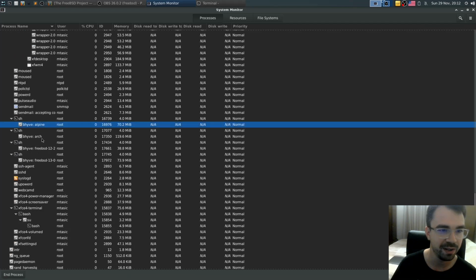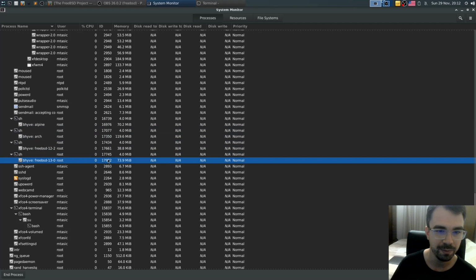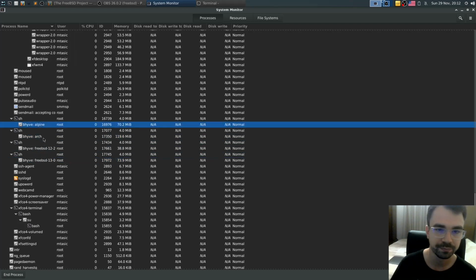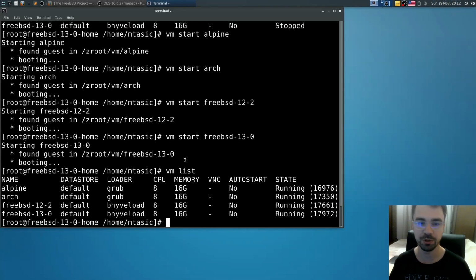And here you can see Bhyve actually running in the background. This is awesome. All right, let's assume that all machines started.